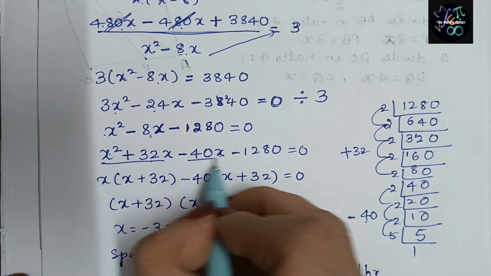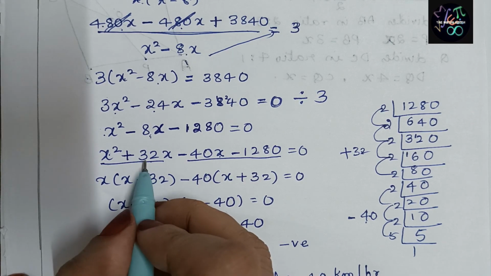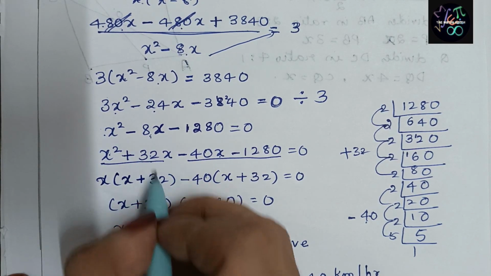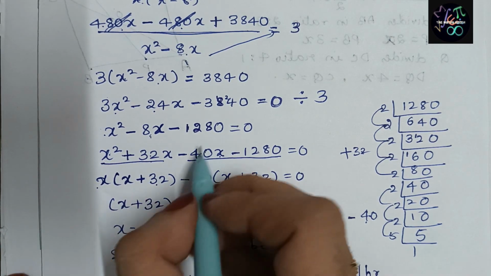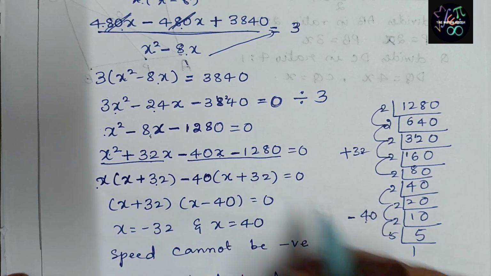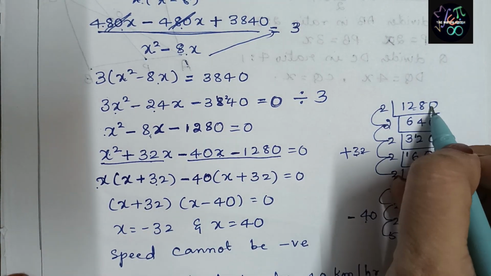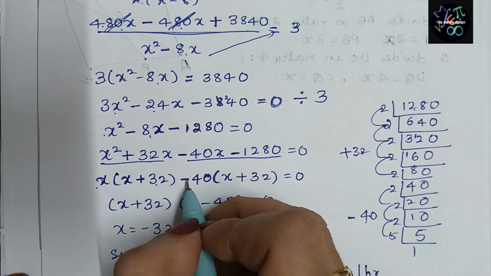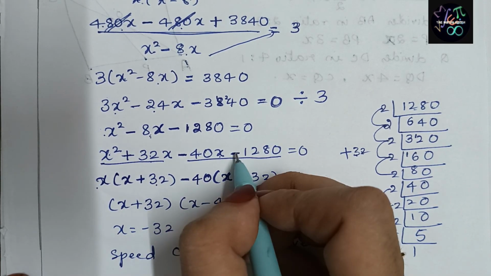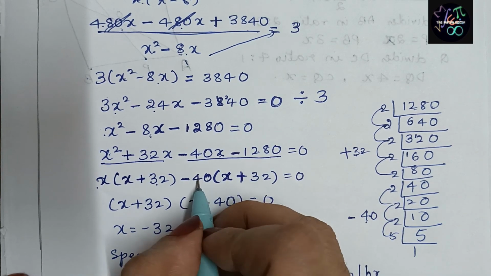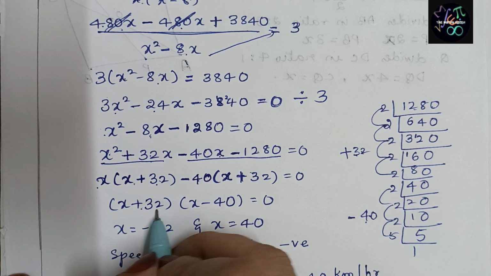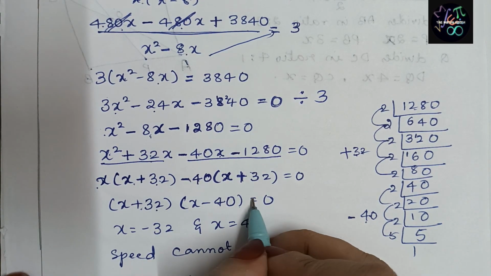Now between these two we will take the common factor. x I have taken common. What remains? x remains as it is, plus 32 as it is. Here we can see both are minus, so minus is common, and 40 is common, because 40 32s are 1280. So when minus and 40 are common, what remains? x remains. Minus I have already taken common, so minus becomes plus 40 32s are 1280. So the common bracket is x plus 32. What remains? x minus 40 remains, is equal to 0.